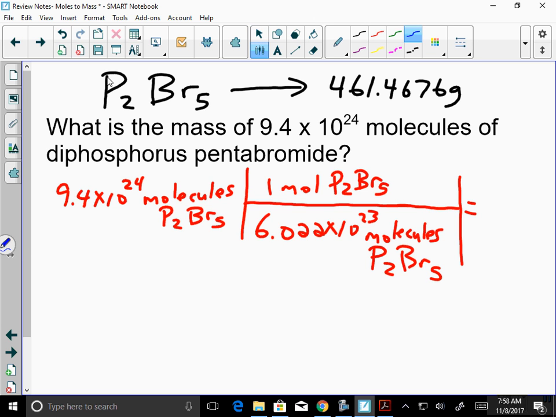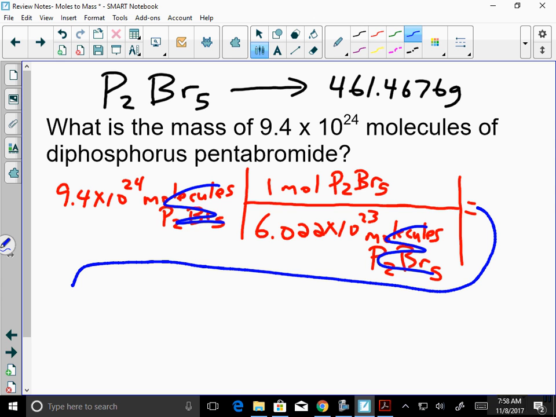Now, when I look, my molecules cancel. I've converted this to moles. So I'm going to bring this down all the way over here. Here comes my answer all the way over there. It is going to be 9.4 times 10 to the 24th, and I'm going to divide that by Avogadro's number. And that's going to give me a value of